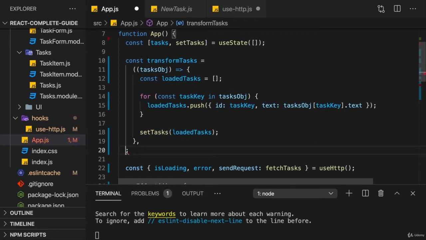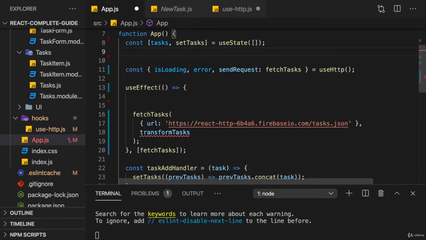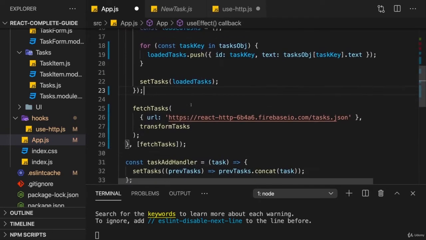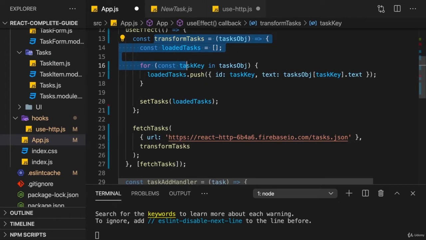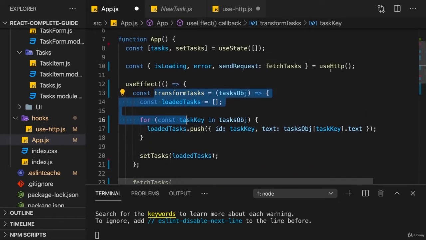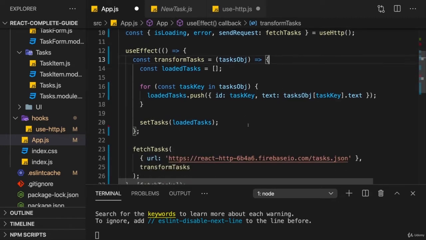And we actually create transformTasks. Whoops, get rid of the dependencies here. We create transformTasks like this inside of the effect. Then this also is no external dependency in the effect. And now we make sure that useHttp, our custom hook, can be called without any dependencies or without any parameters, because we're passing the request-specific configuration and the data transformation that should be applied after the request was sent